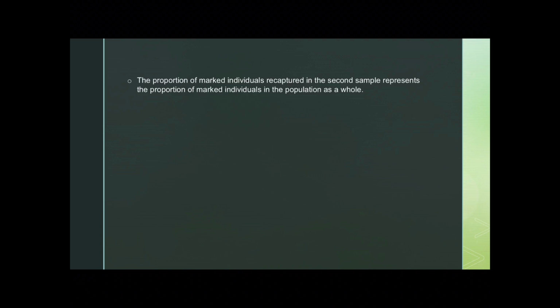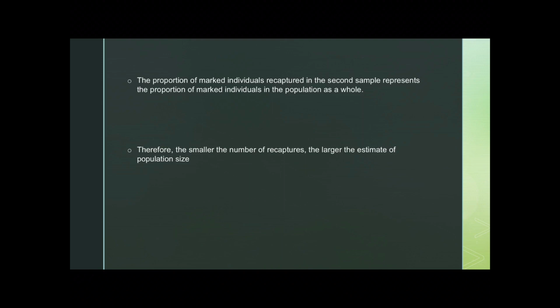But there are a few assumptions that we will talk about, and the key underlying principle behind this process is that the proportion of the marked individuals that are recaptured in the second sample represents the proportion of marked individuals in the population as a whole. What this tells us then is that if we have a small number of recaptures, then the population size must be large. If we have a large number of recaptures, then the population is going to be relatively small